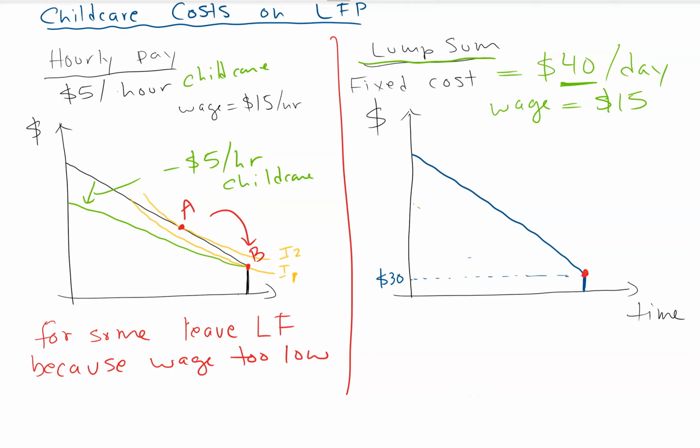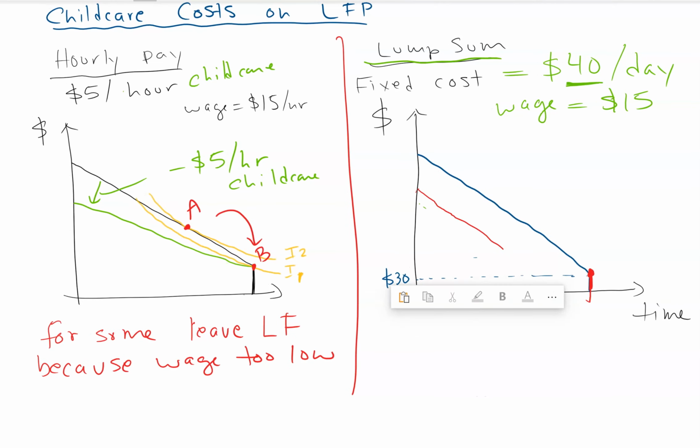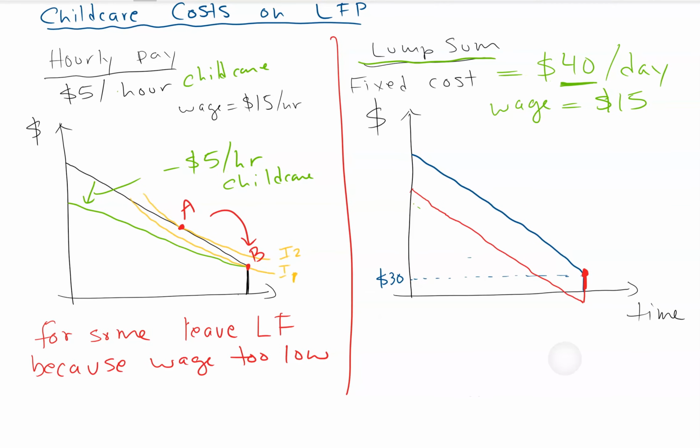All right, so now you have $40 a day if you send your kid to childcare. If you don't send your kid to childcare, you're still here. You still can do this point. You can still get $30 a day. But if you send them to childcare, what happens? Well, you lose $40 the second you step out the door. So that puts you down here. And then your wage doesn't change. Your wage is still $15 an hour, but the difference is you lost that first part the second you stepped out the door. So 2 hours is $30, so it's going to take you almost 3 hours before you get back to where you started. Okay, so that's the kind of change here.